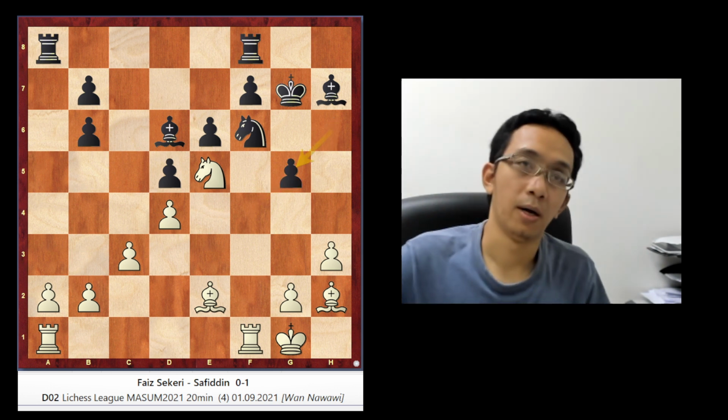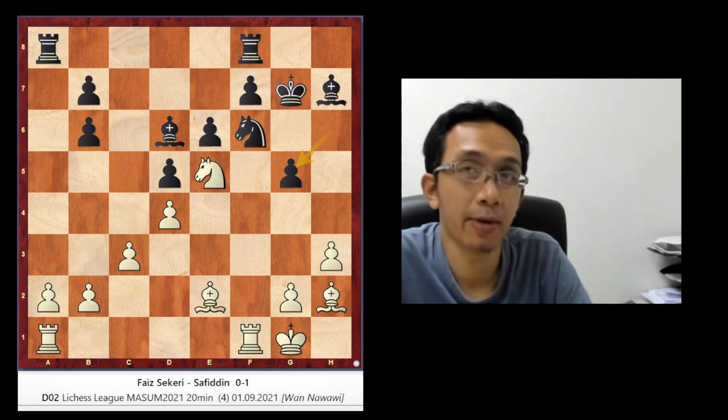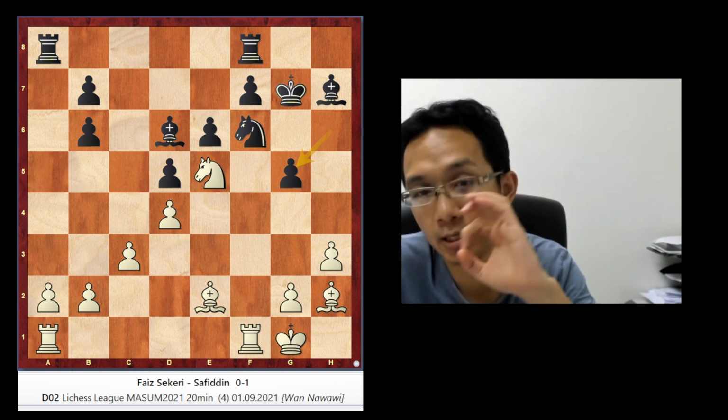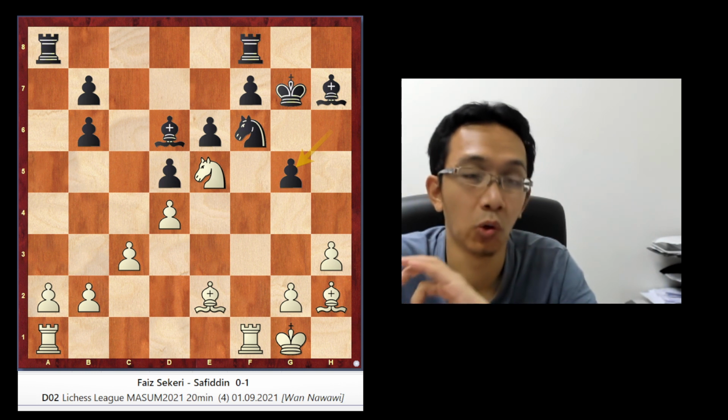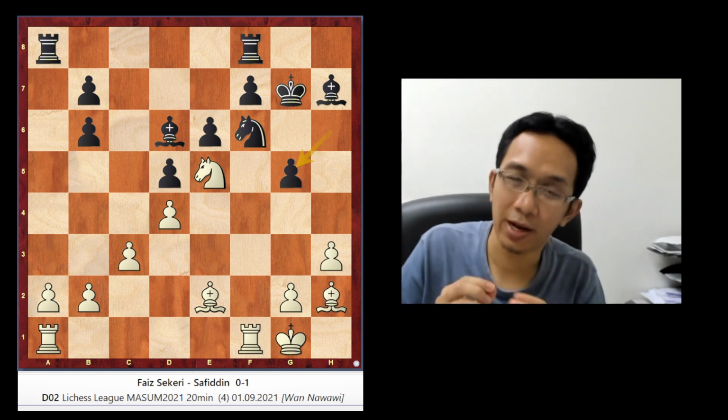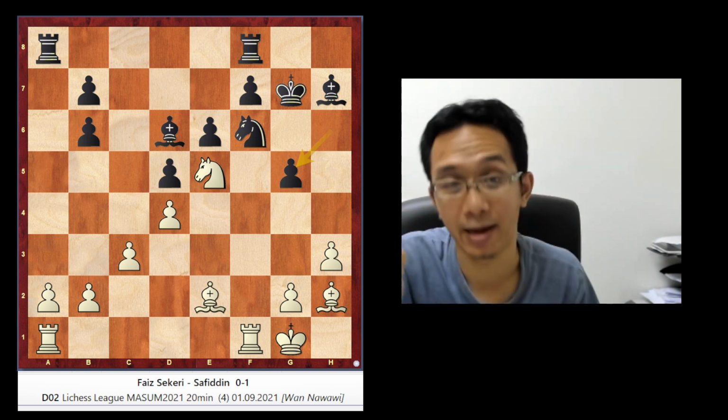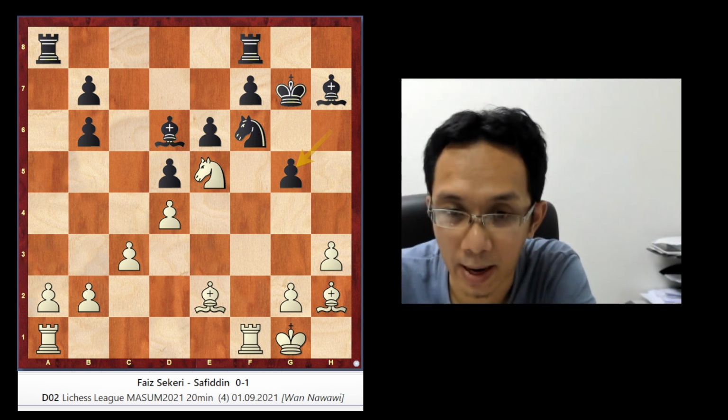So this is equal. You cannot expect in a game that you can just win. If you play against a strong player, you cannot expect that the player will make a blunder. So the way to win is to accumulate small advantages and find a plan. So that's the idea.